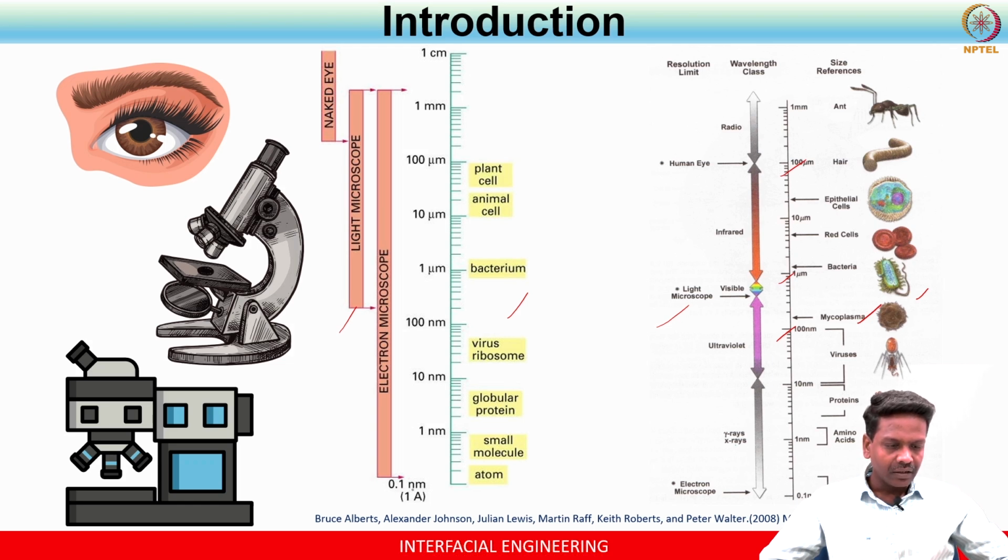Okay. And if you want to relate anything less than 10 nanometer, then you can talk about proteins. Protein molecules are of the size range up to 10 nanometer, between 1 nanometer to 10 nanometer. If you're talking about 1 nanometer, you can connect easily with amino acids. Amino acids are of that range.